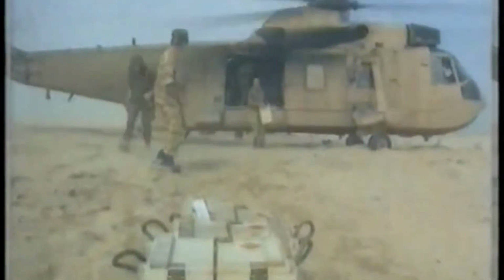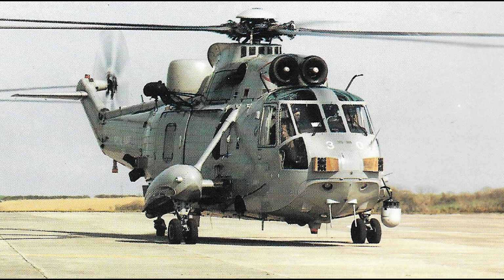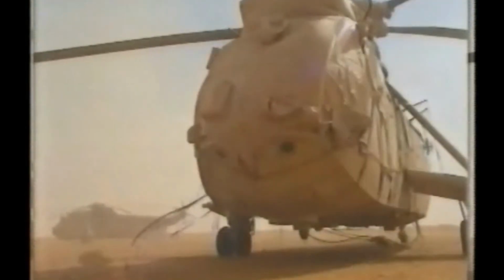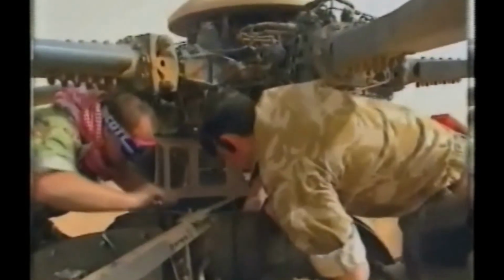There were two types of Sea Kings in the Gulf, the HC Mark IV and the HAS Mark V. The aircraft in the Gulf were fitted with sand filters on top of their engines, helping get rid of most of the sand trying to enter the engine when in a hover. Both used the GEC Avionics Sandpiper flare pod, and this was important due to the strict rules of engagement in